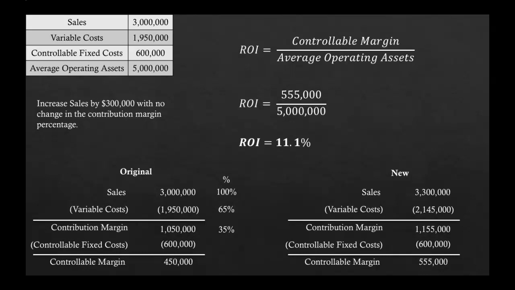So the good news is that we've found an alternative right off the bat that's better than the original amount. The original ROI, if you recall, was 9%. So we want an ROI to be as high as we possibly can get it, right? So this is higher than our original ROI, but it still might not be the best alternative. So we need to check out the other two to see if those get better ROIs.